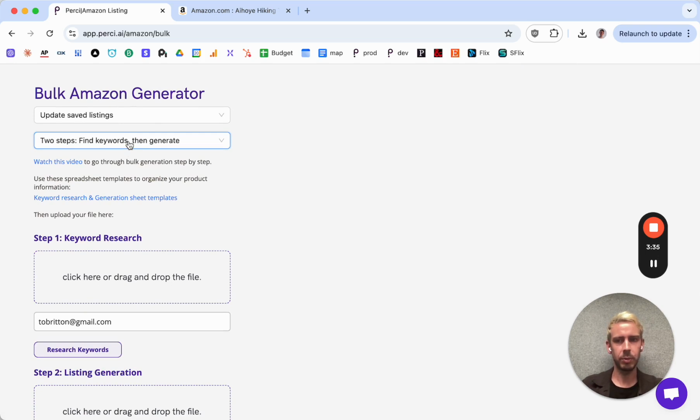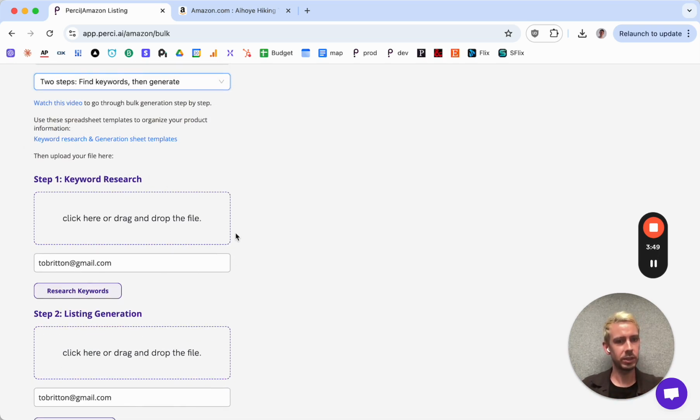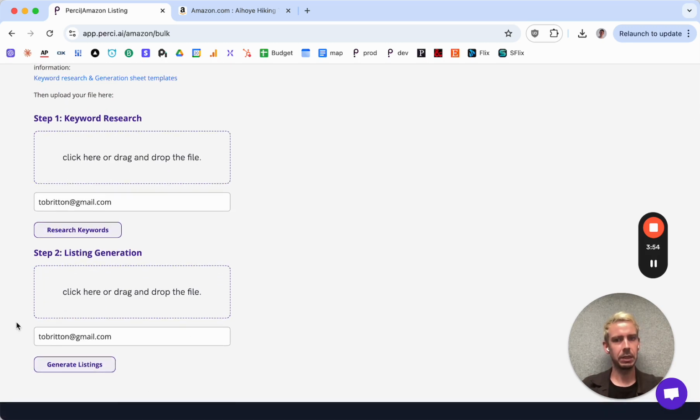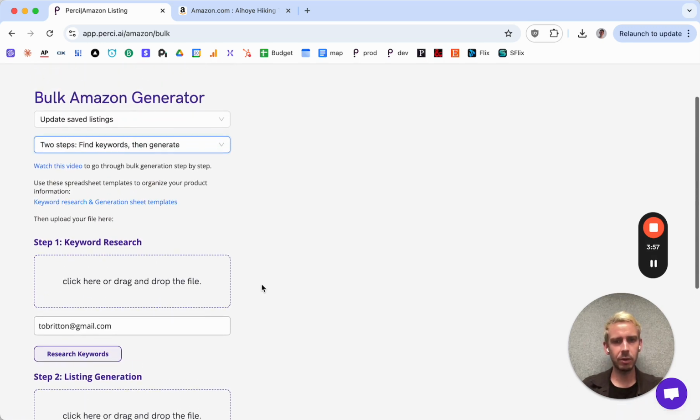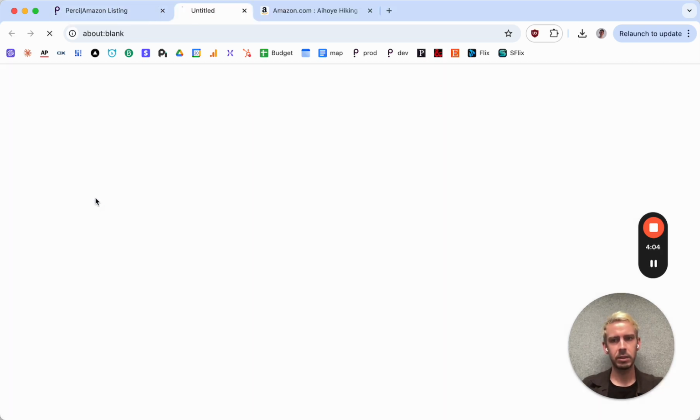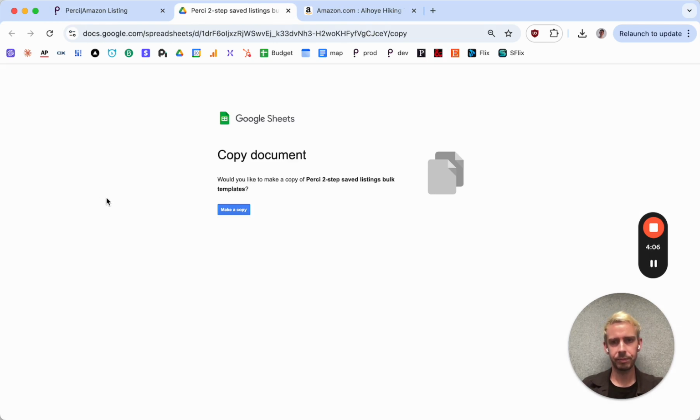Just to back up 1 second, I explained the update saved listings. So that one step is finding new keywords and generating a new listing all in 1 step. 2 steps is finding keywords as 1 step, and then you can check it, update it, whatever you want to do, and then updating or optimizing the listing is a 2nd step. So at least for optimizing, I like this way. So I've got 2 steps selected, and I'm going to click this link here to get our template. I'm going to click make a copy,